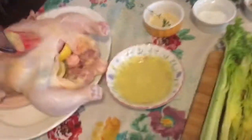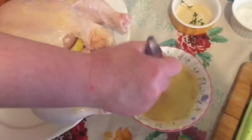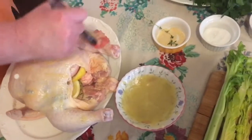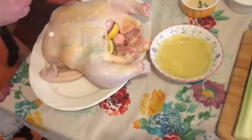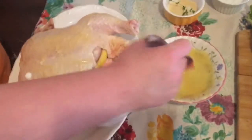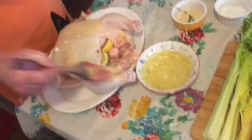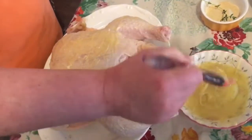Ooh, look at that butter. Does that look like happy butter or what? That is some happy butter. So after we do this, we're going to truss the legs, and then if I can find my kitchen tie. I think it's up there. And then we're going to place it on the rack, and then we're going to put all those lovely vegetables